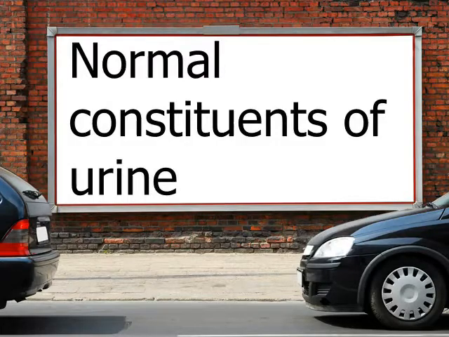Besides this, urine may also contain gases like carbon dioxide in dissolved form, white blood cells and some epithelial cells. The normal constituents of urine are urea, 2.3%, creatinine 1.5%, uric acid 0.7%, others 2.6%, sodium chloride 9%, potassium chloride 2.5%, sulfuric acid 1.8% and ammonia 0.6%. This is all about the normal constituents of urine.